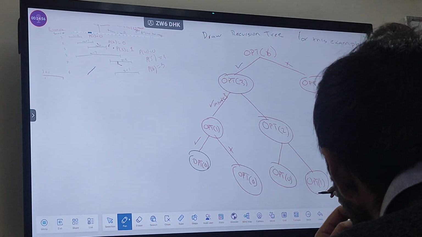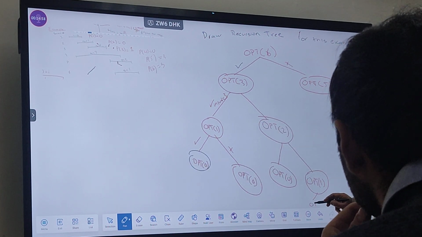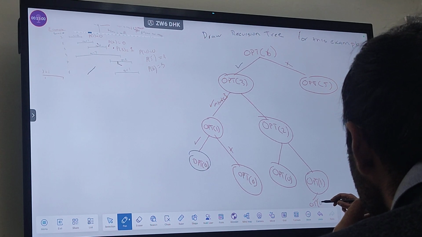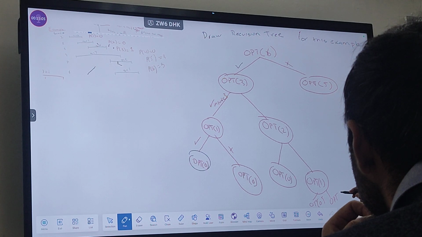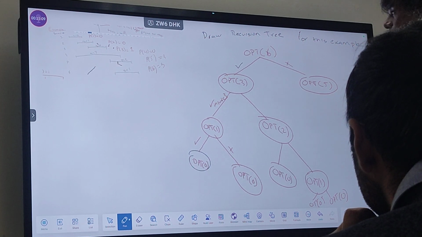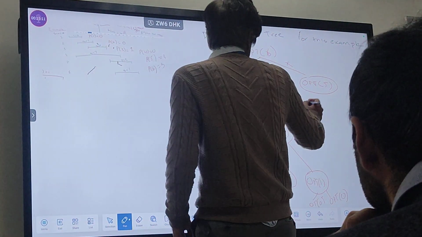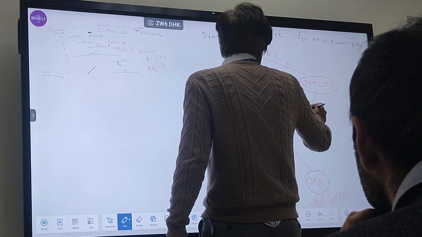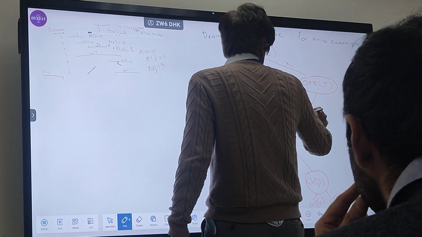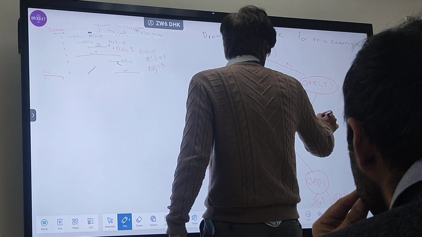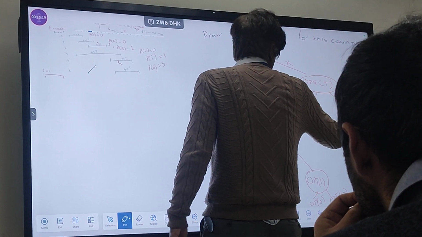Again in this case, the base case is reached. What happens in this case? 3, 4. Opt of 3 and opt of 4.